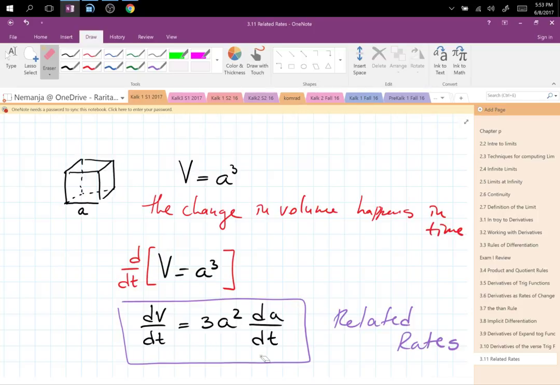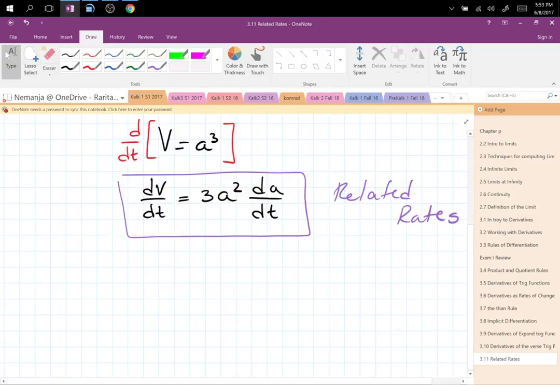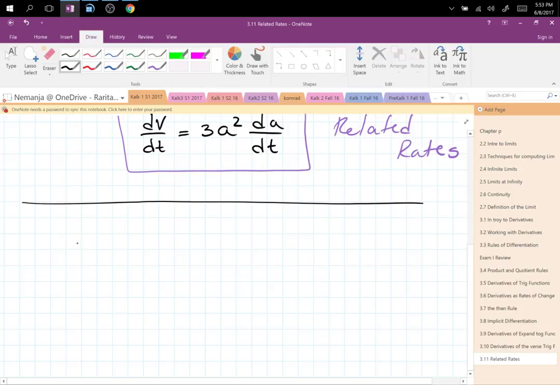Now, I talked already about being careful which letters are variables and which letters are constants. I'm going to give you now an example of a problem where one of the letters works out to be a constant. So say you have